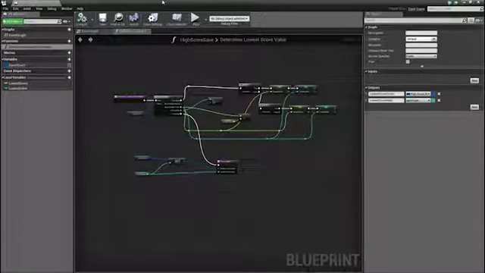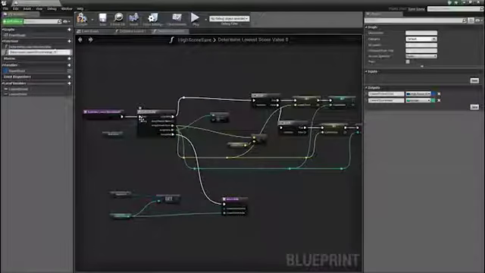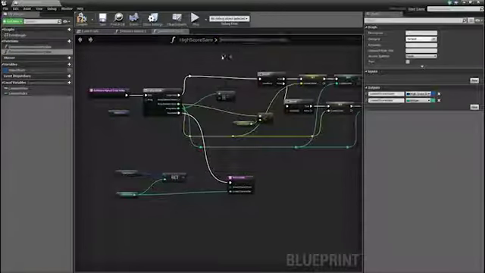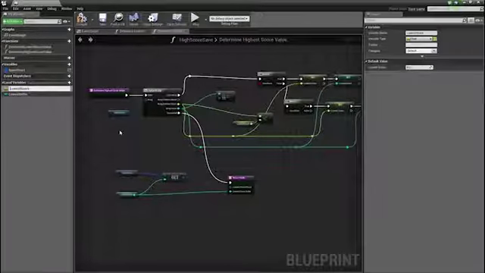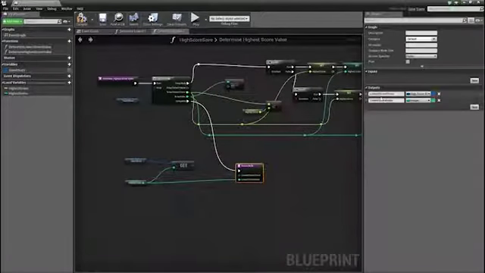So we've created a determine lowest score function, but let's also set up a quick determine highest score. I'm just going to right click and duplicate the existing function and just change the wording. So this is now determine highest score value. To avoid confusion, I'm going to quickly go through and just rename these variables. We now have high score and highest index. In addition to this, I'm going to change my return to be highest